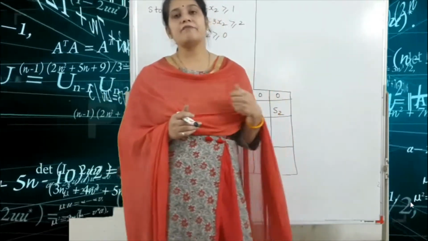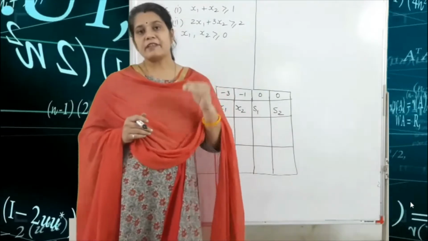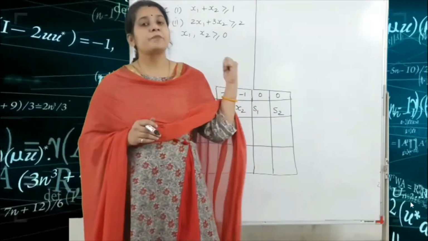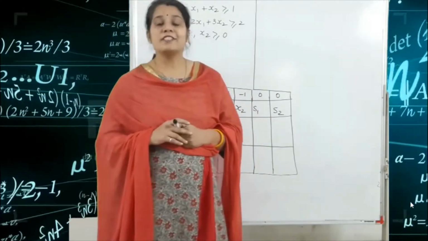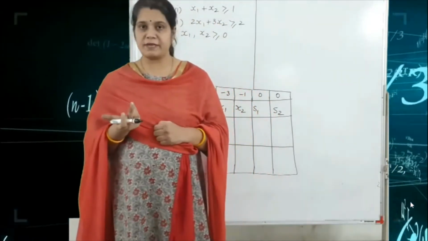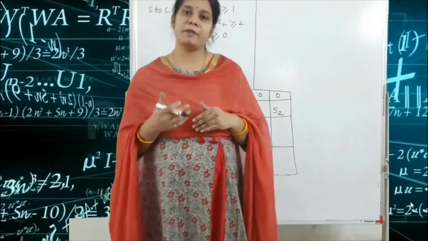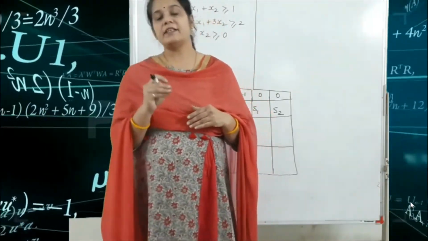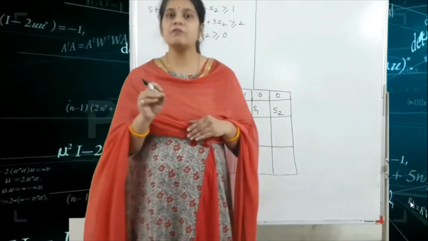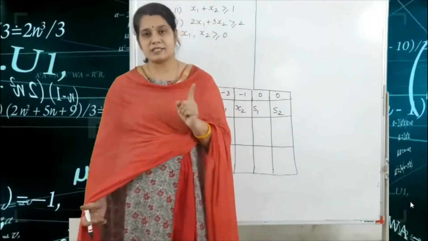In every method, first you find the enter variable, after that the leave variable. You have already seen this in the previous lecture. In the simplex, big-M and two-phase methods, first you find the enter variable, and after that, with the help of the replacement ratio, you find the leave variable. But in the dual simplex method, first we find the leave variable, and after that we find the enter variable. This is the first difference.